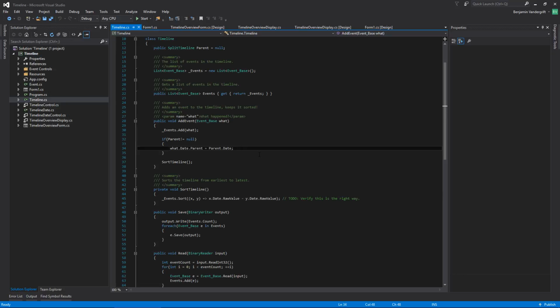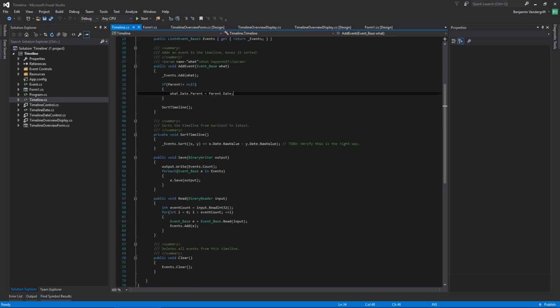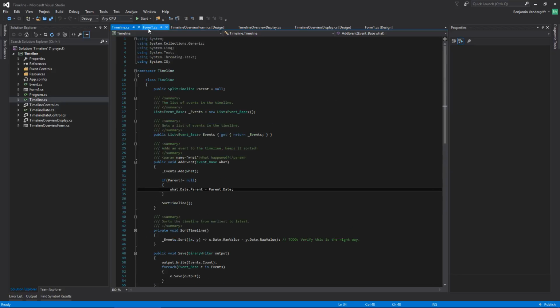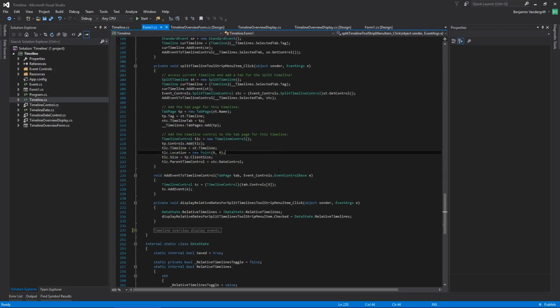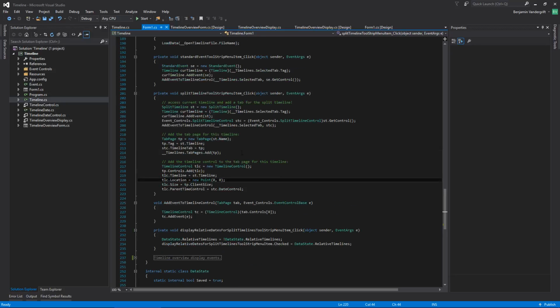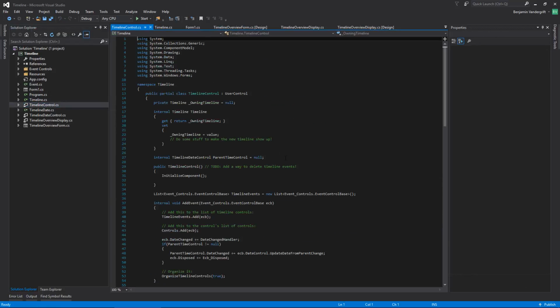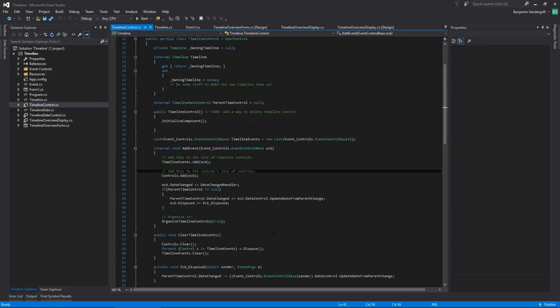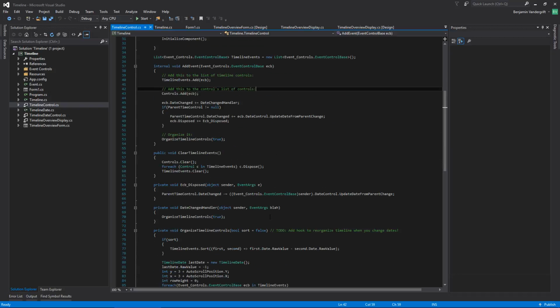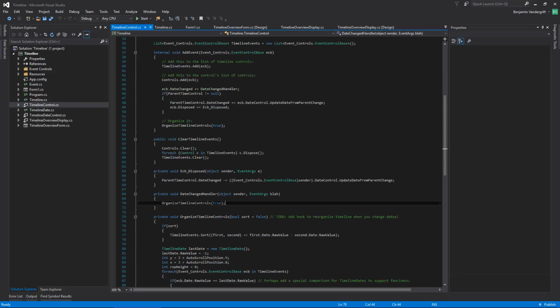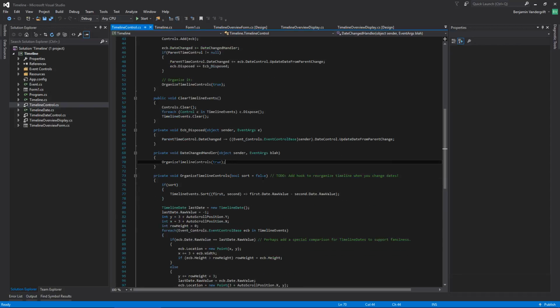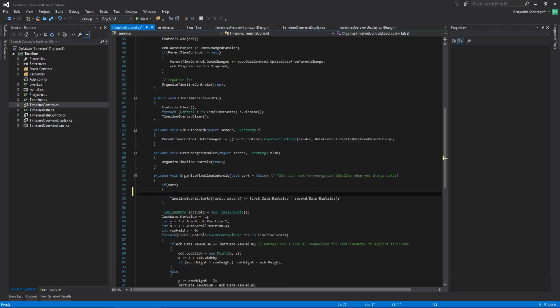Okay, so the next thing that I need to do is determine how I'm checking for updating the controls. So there's a timeline control right here. And this should, right here, organize timeline controls. Okay, so if this is true, okay, so this can't just do it there. It needs to also go